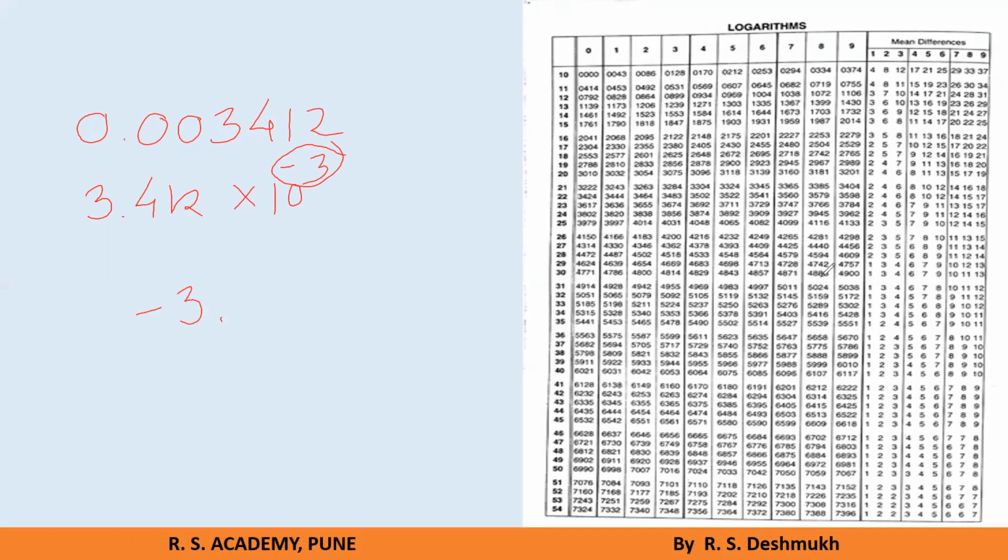And now what I will obtain is the log of 34 in 1 and 2. We have seen already, this is 34 in 1, that is 5328. And here it is 3. So it becomes 5331. And hence the log of this will become minus 3.5331. Dear friend, thus you can obtain the log of any number using such a simple method. In the next session, we will see how to find the anti-log also.